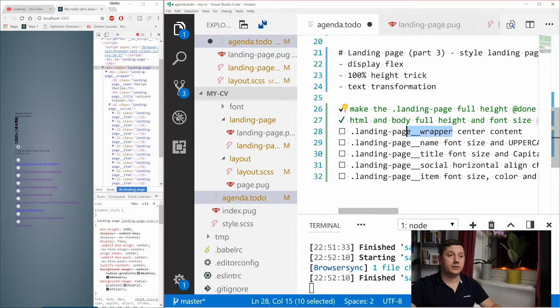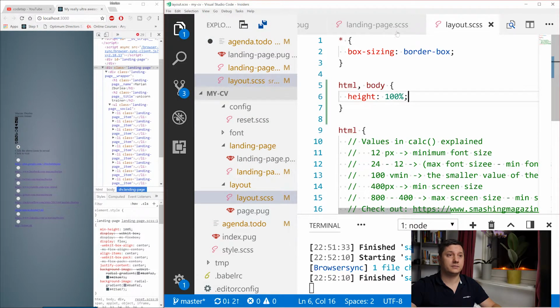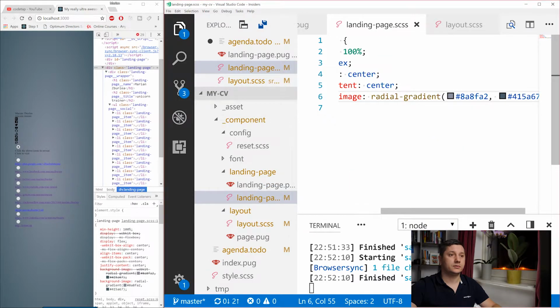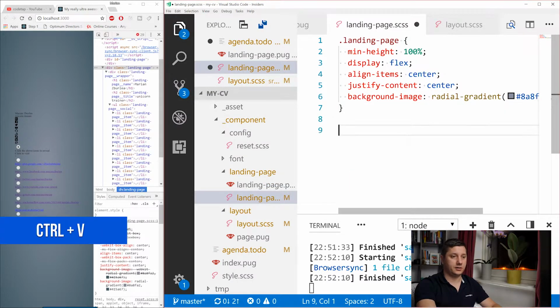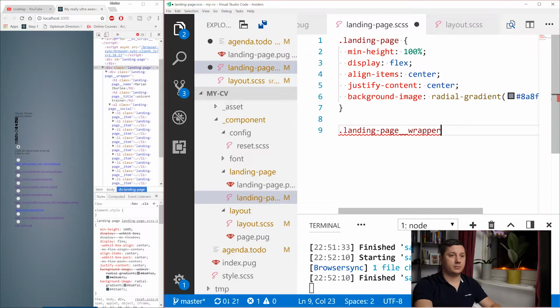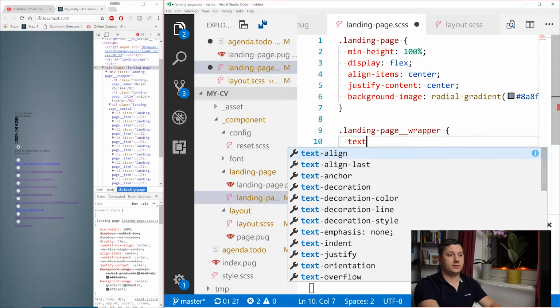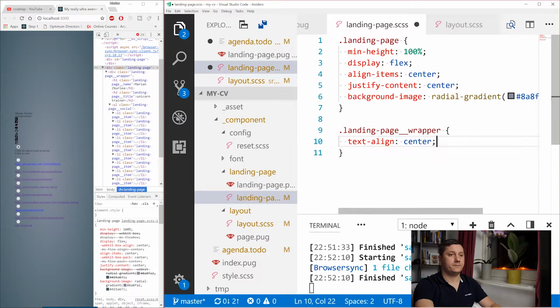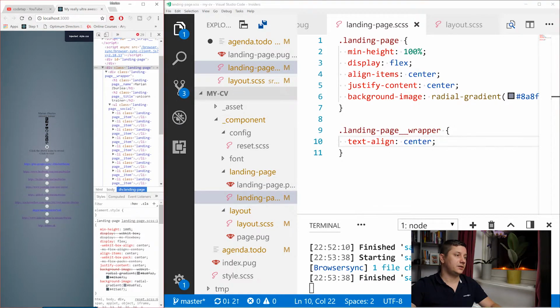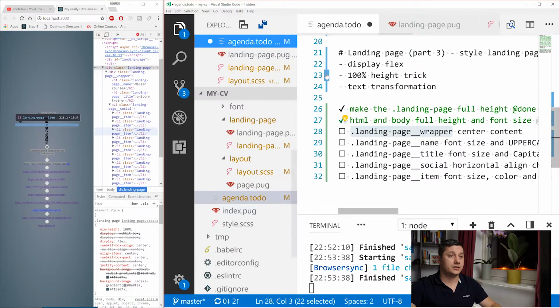So to make the landing page wrapper align its content in the center, let's go to here and say landing page text-align center. Once we save it, we can see that this content is center aligned. Let's go into our agenda and mark this as done.